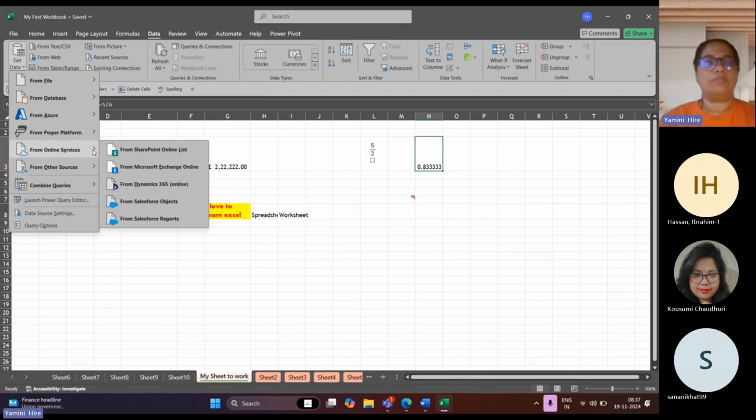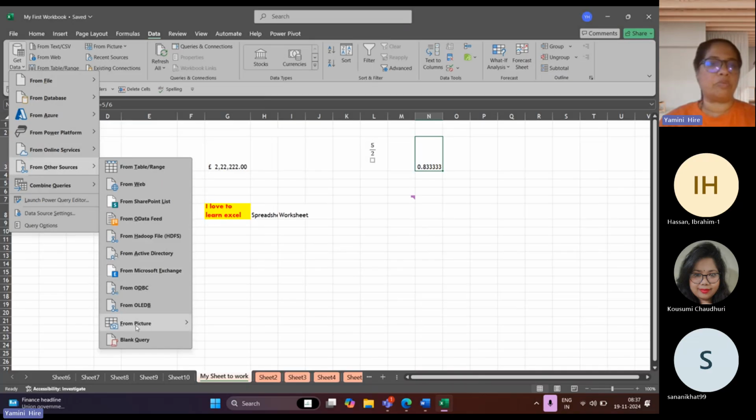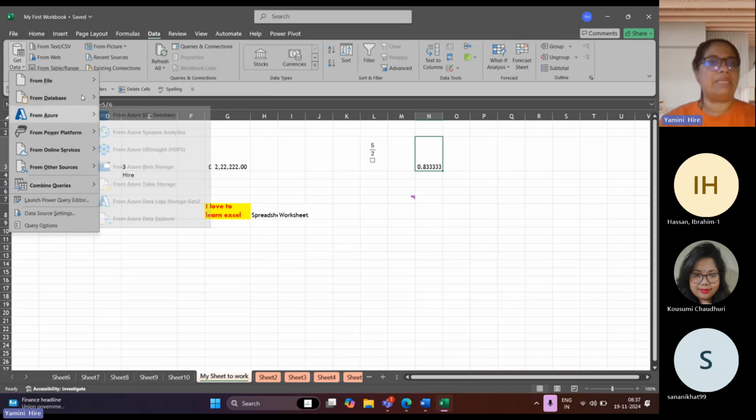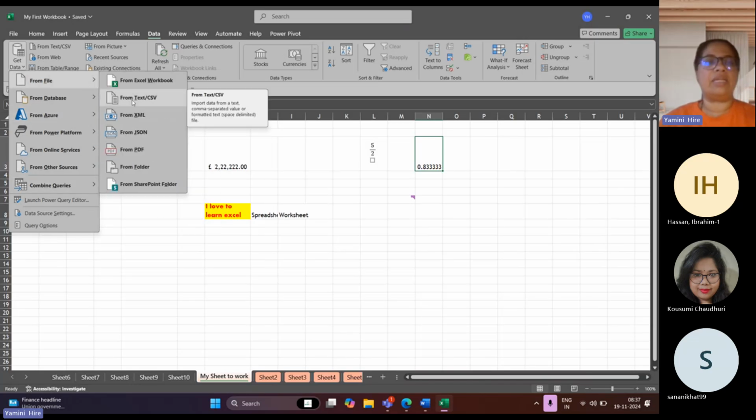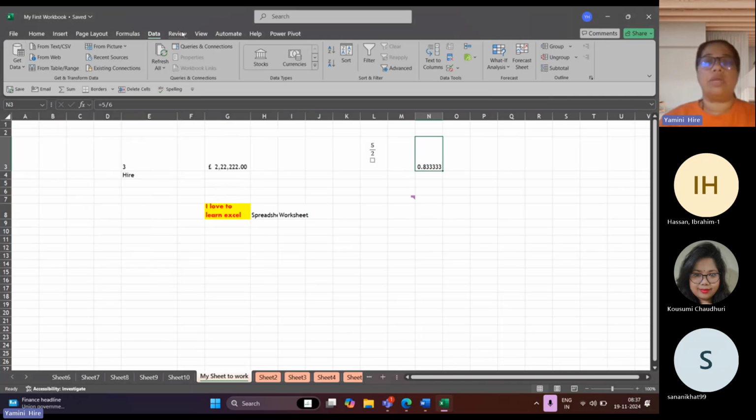Okay, then a lot of options are there. You can just explore those options. But basically we need a CSV file or text file, or we will give you an idea how you can connect with your SQL Server database, Excel. Then once you do it,